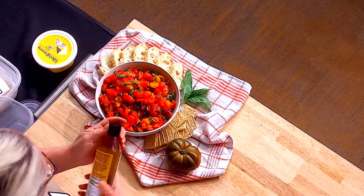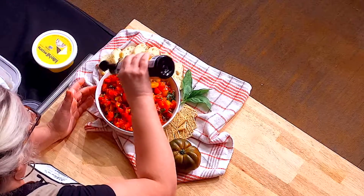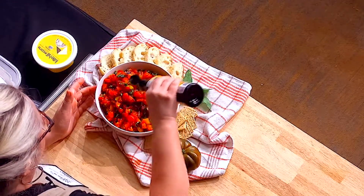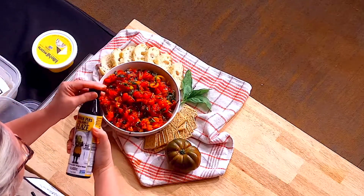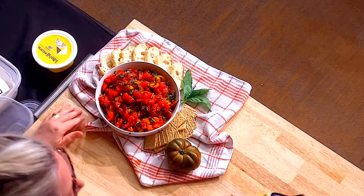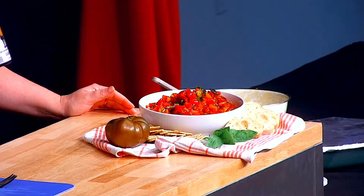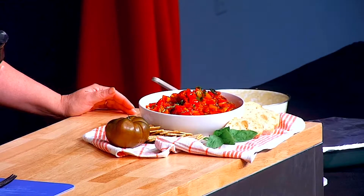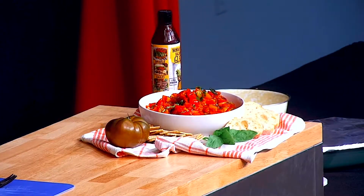Because I love the balsamic vinegar flavor, I am going to drizzle a little bit of balsamic glaze. This is pretty easy to find if you're interested. This one is actually from Costco, but most of the local stores here in the Valley do carry it. And if not this brand, there are many other brands that you can get. So now we're going to move over to